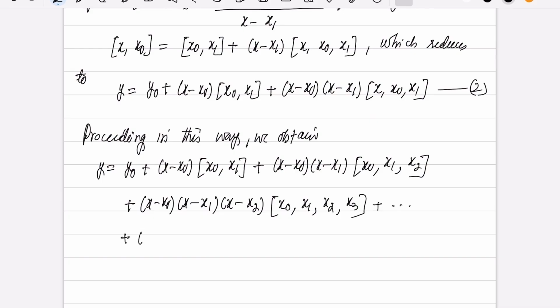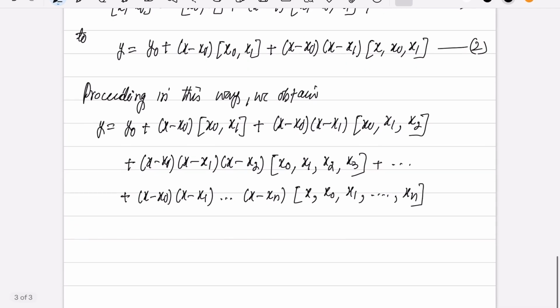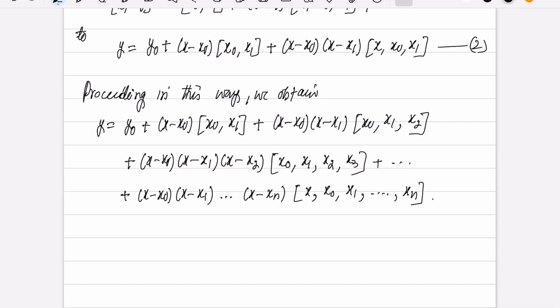plus the nth term will be like this: x minus x naught, x minus x1, then so on up to x minus xn, then multiplied by x comma x naught comma x1, so on up to xn. Now this last term is actually known as the remainder after n plus 1 terms, right? So this is the Newton's general formula of interpolation,